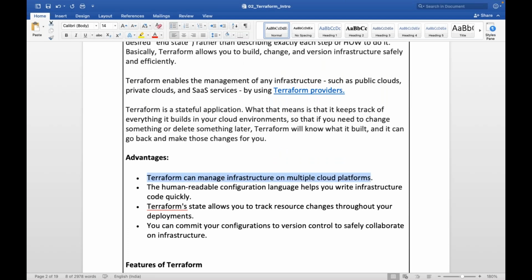So what are the advantages with Terraform? Terraform can manage infrastructure on multiple cloud platforms. Using Terraform, you can manage your infrastructure resources on any cloud provider, such as AWS or Azure or GCP or DigitalOcean or any cloud platform. Terraform is a human readable configuration language, which allows you to write infrastructure code quickly.